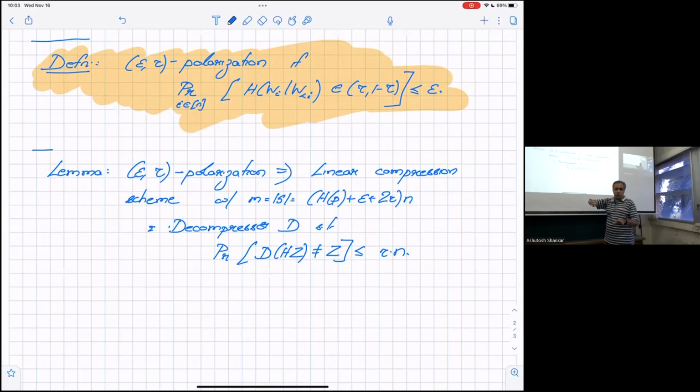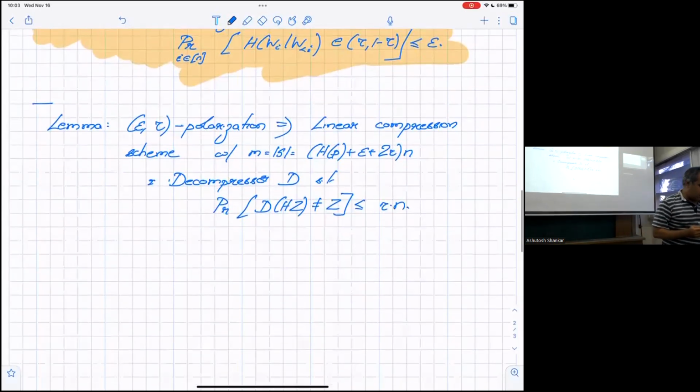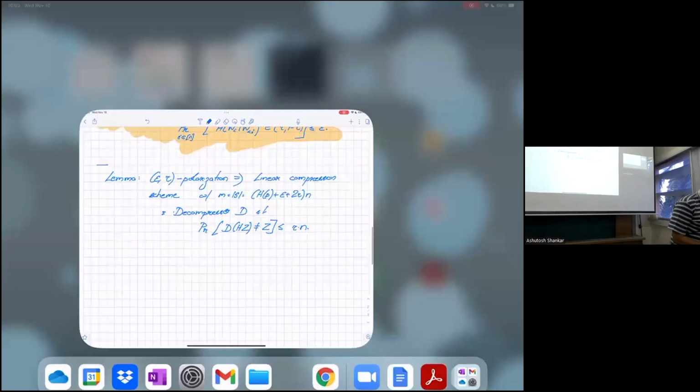What do we need to throw into S? We need to throw the guys in the middle and also the guys at the very top. We need to throw both of them. I want to claim the number of guys in the middle is epsilon n, and the number of guys at the top is basically H(P) plus 2 tau times n. So we'll see the proof of this, but I want to say two things which will complete our